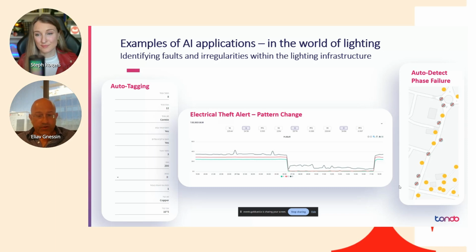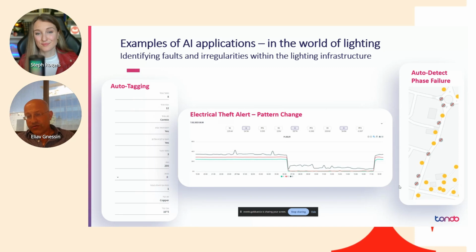Listen, something's going wrong. An interesting thing that we see in the field is that this is one of the greatest values of the system, because municipalities and highway authorities are discovering that people are actually using their electricity to power their own garden or their own premises based on the electricity of the provider, and we can quickly discover these kinds of usages because we are running pattern recognition algorithms on the data.